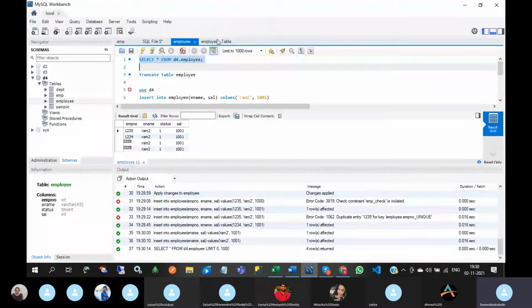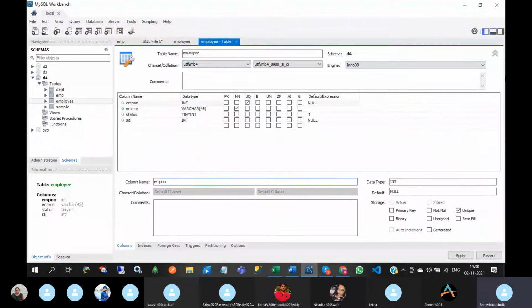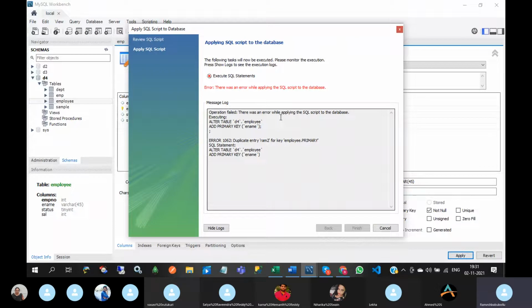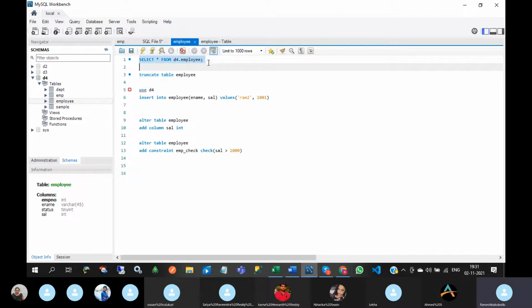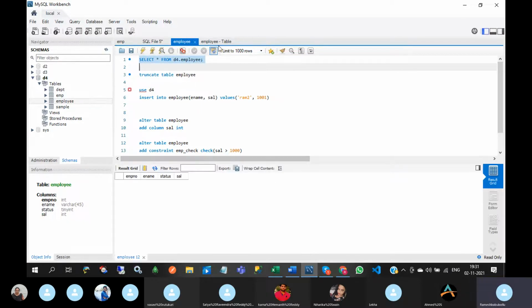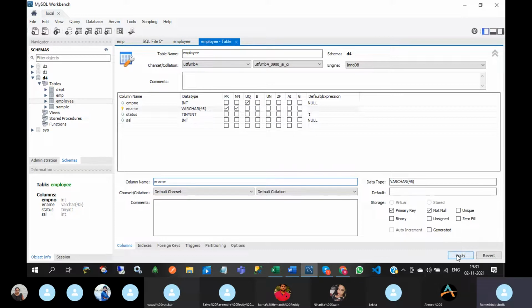So let me check. Unique key allows null values, primary key does not allow null values. I am going to make the employee name the primary key. See this error. Why? Because RAM2 is coming more than one time. Okay, delete. So no records in the employee table, and click on the employee button.